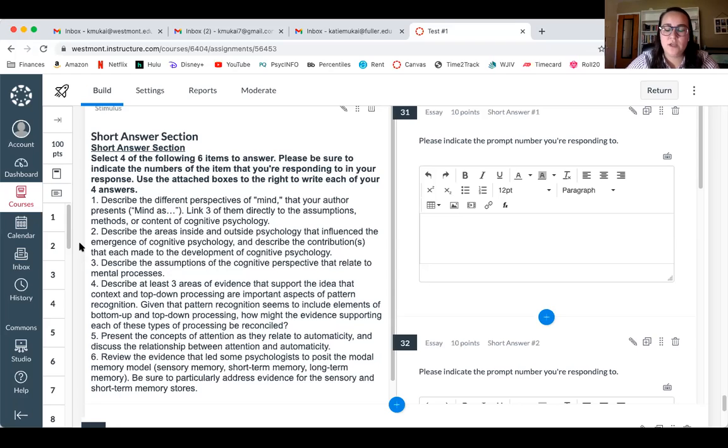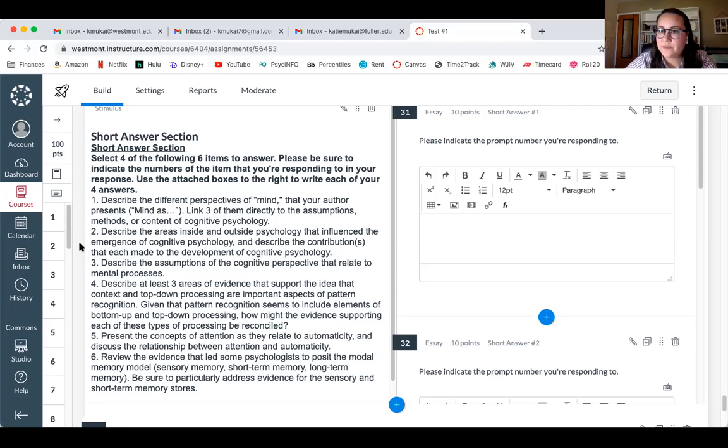If you went with brain as network, you could have talked about things like Hartley's vibrations, the discovery of neurons, Bain's neural networks, William James's idea of neuronal arousal, Lashley and mass action, Hebb and equipotentiality. Mind as structure, you could have talked about structuralism, and also psychophysics and some of the associated names there, like Titchener and Wundt. Mind as holistic, Gestalt psychology. Mind as functional, you could have talked about the school of functionalism and talked about people like William James, or you could have talked about Pavlov or Ebbinghaus.